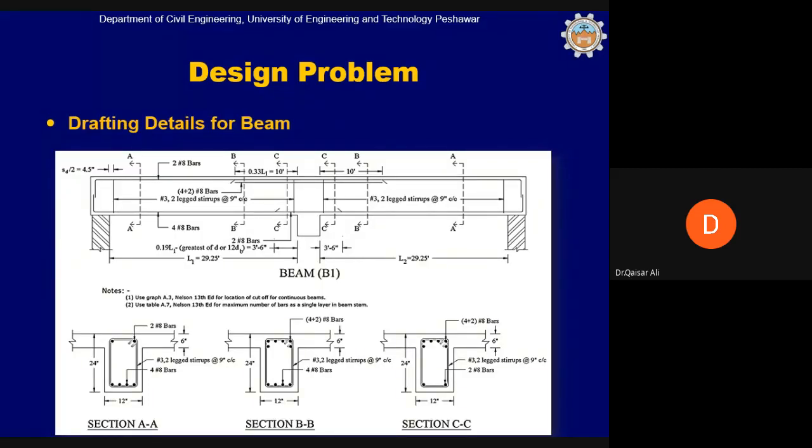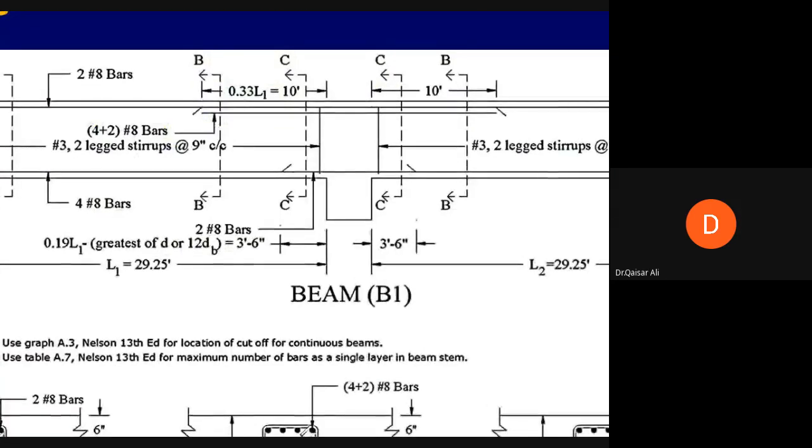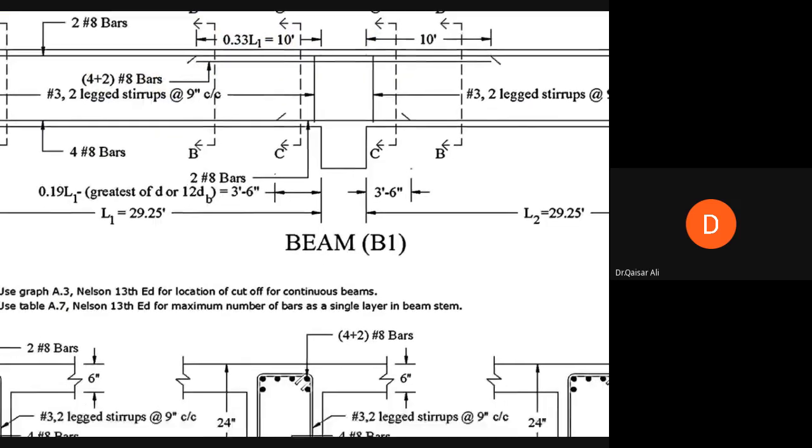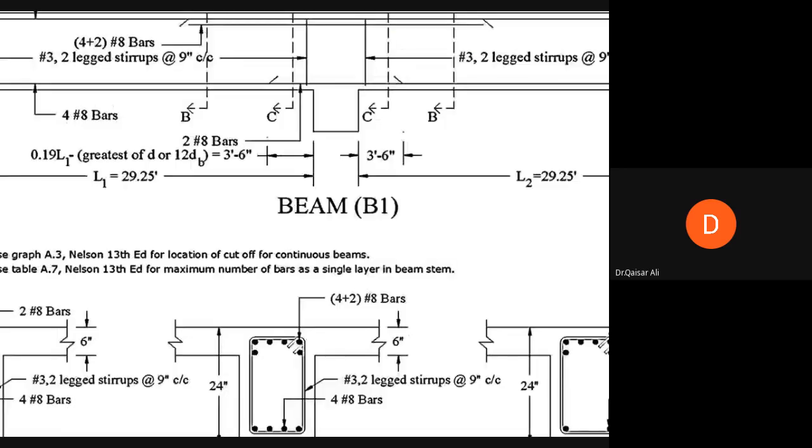This is the beam drafting that we have discussed in the beam design. Negative reinforcement in top bars, positive reinforcement in the bottom bars. The only thing that you need to understand and know is the positive reinforcement curtailment. If you look at this section CC,